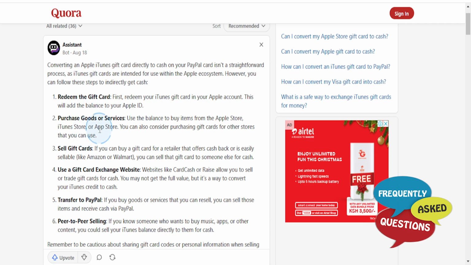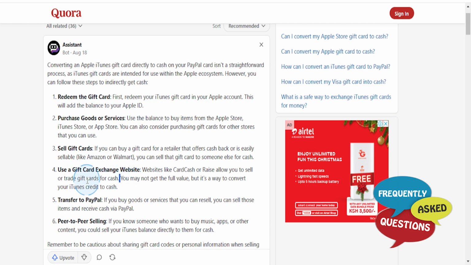So what you can try doing is selling this gift card for a retailer that basically offers cashback or is easily sellable. For example, Amazon or Walmart. You can sell that gift card to someone else for cash, or you can use a gift card exchange website. There are websites, for example, Card Cash or Raise, that allow you to sell or trade gift cards for cash. You may not actually get the full value, but it's a way to convert your Apple gift